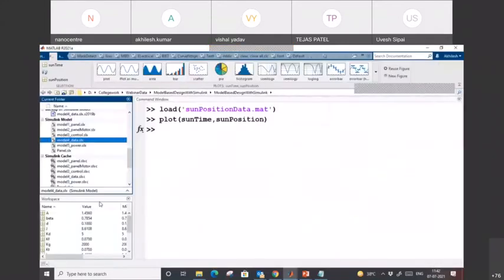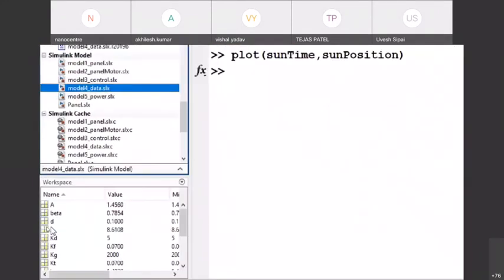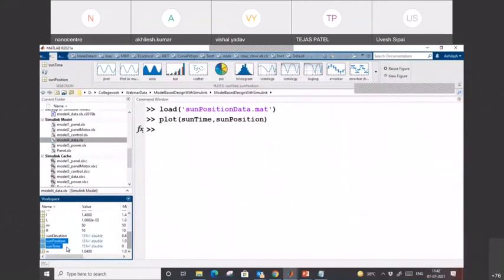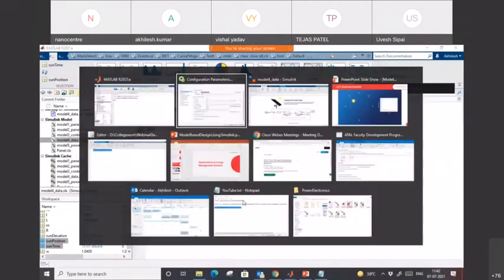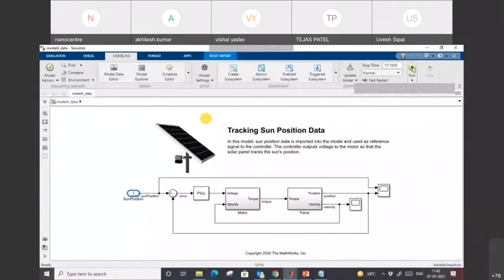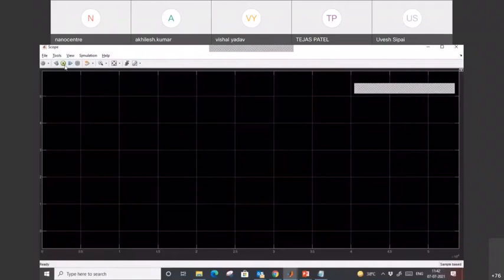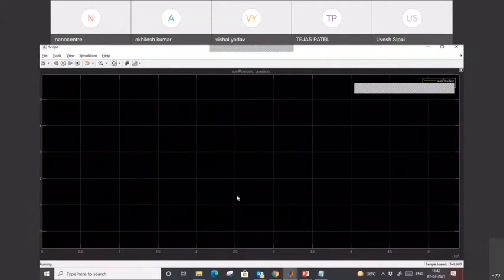And these variables will be in my workspace. So in the workspace, we have both of these variables. That's all we have to do here. Once we have done that, I'm going to run this model and check whether it is working properly or not. Once I am happy with that, we can deploy that controller on hardware.